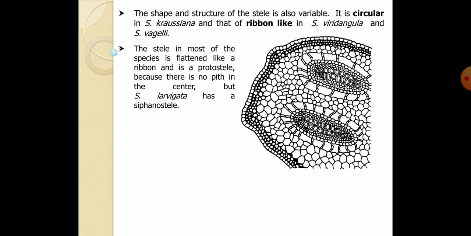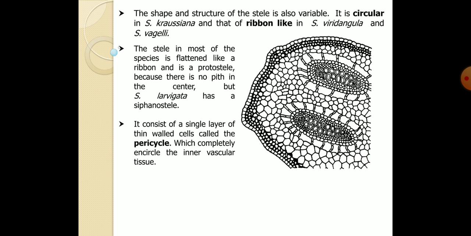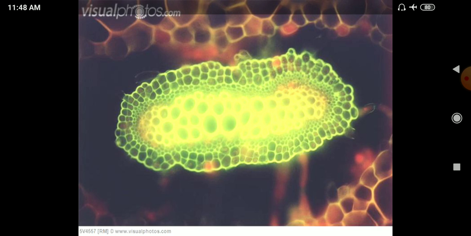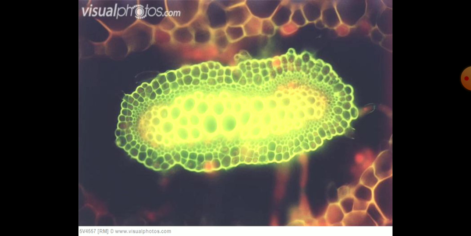The central portion is generally referred to as the stellar region, and the pericycle will be there. The xylem is usually monarch or diarch in nature. This is an electron microscope view of the central portion of the